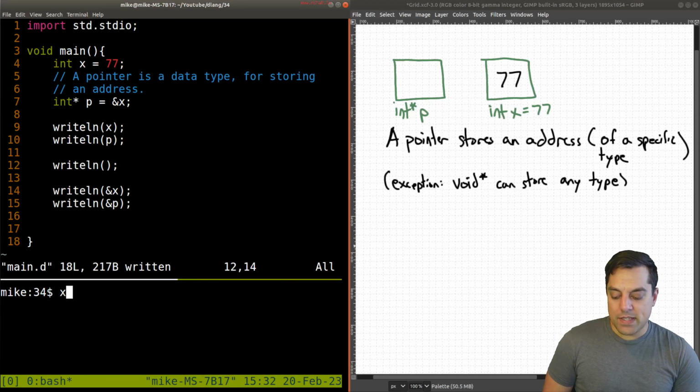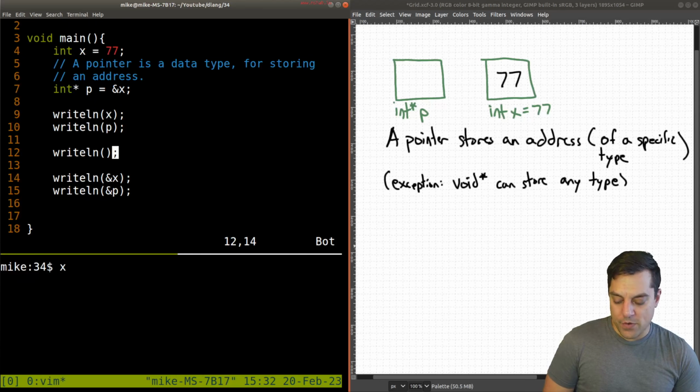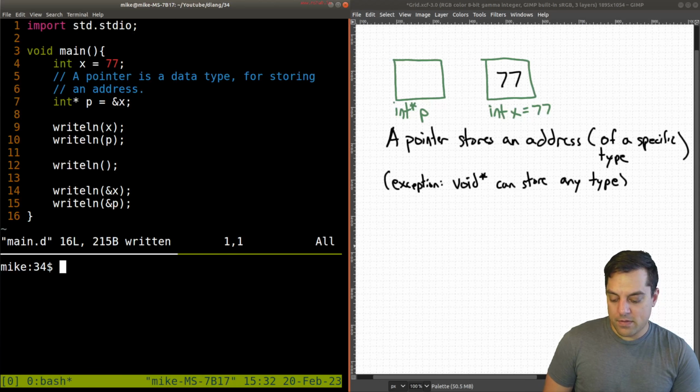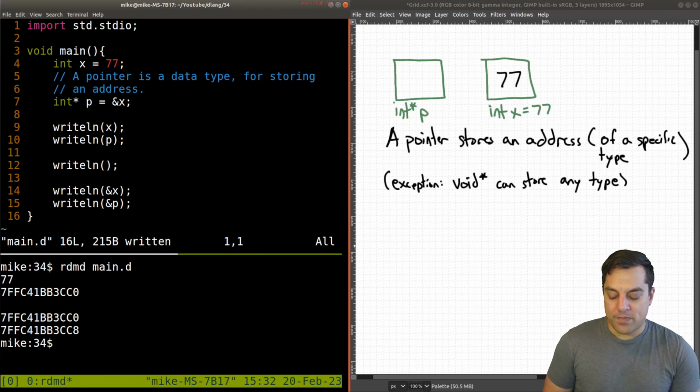But let's go ahead and see what this program now generates for us. Okay. And let me just space this so everything fits nicely on the screen. And let's go ahead and run here, our main here. Okay. So just going through this one by one here, we see that the first thing that's written out is